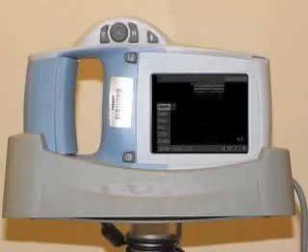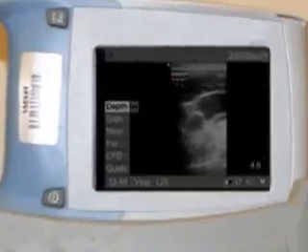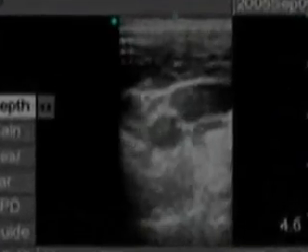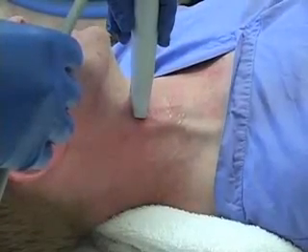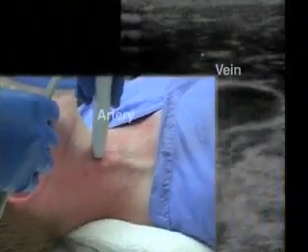Ultrasonographic guidance is becoming the standard of care in the placement of a central line. It can help to illustrate aberrations in the anatomy, facilitate rapid placement of the central line, and decrease the risk of inadvertent arterial puncture. To identify landmarks with the use of ultrasonography, the probe is placed directly on the needle